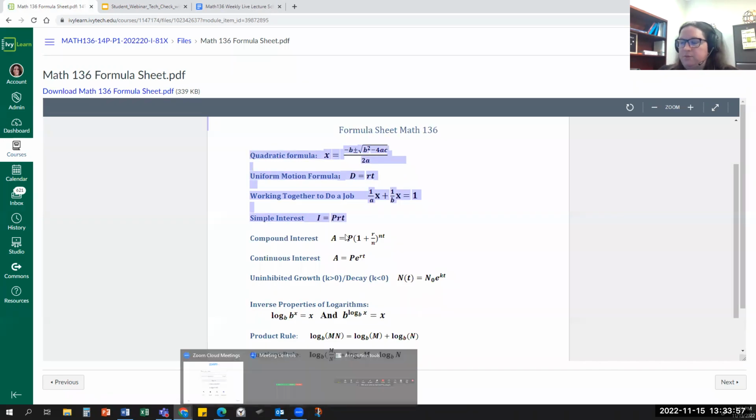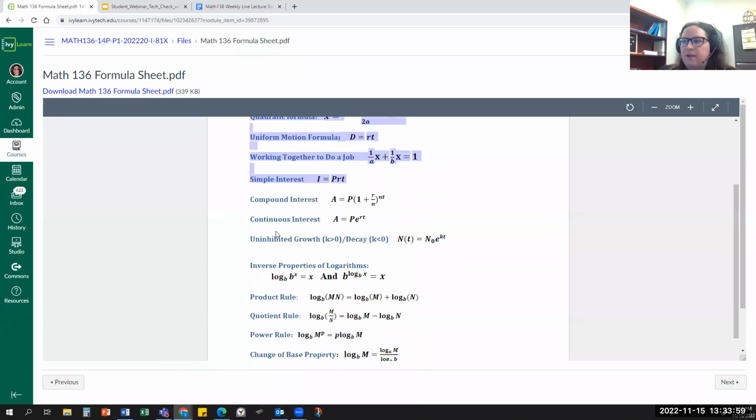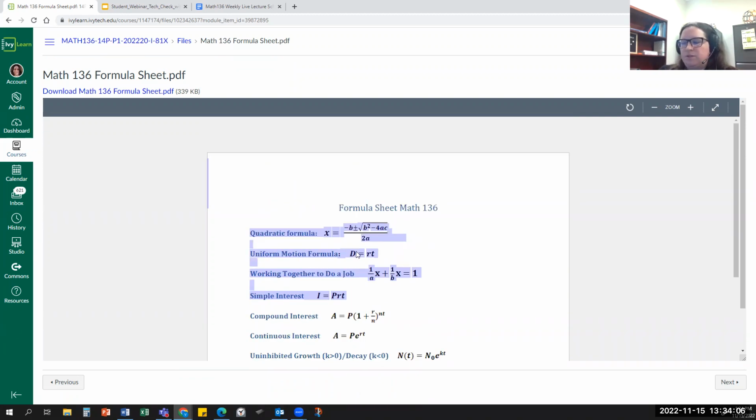So if you're trying, on the midterm, to use any of these formulas, starting with the compound interest, you're not using the right thing. But it's always good to be aware of what formulas you'll be given, so that you know what you're not given. So I'm going to start by looking at